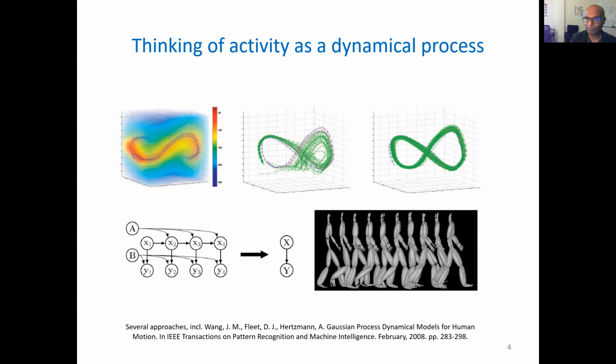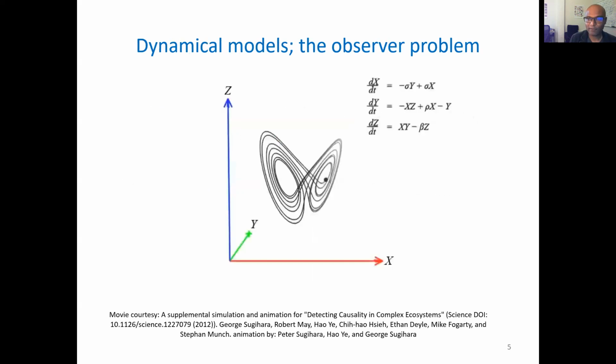The variations are numerous. And the recent success in applying dynamical neural nets like LSTMs, recurrent neural nets, and that whole variation of techniques also lends credence to the idea that human activity can be thought of as a dynamical process. Of course, the classic issues are: what is the state space? What's the observation space? Where is the dynamics? How do you define these things? These are the classic problems. One of the ways in which we have tried to move away from this problem of defining and identifying model parameters is to try and think of them through the non-parametric lens, in ways that have been referred to in many different ways, including chaos theory, ways of thinking about dynamical systems.